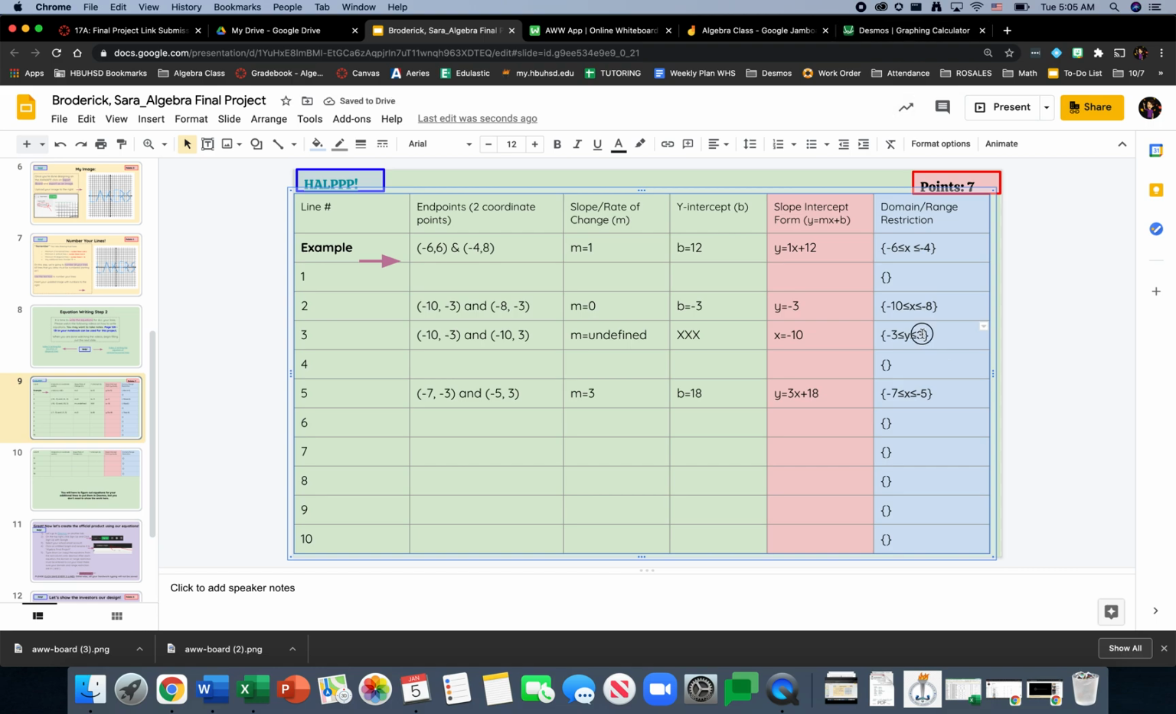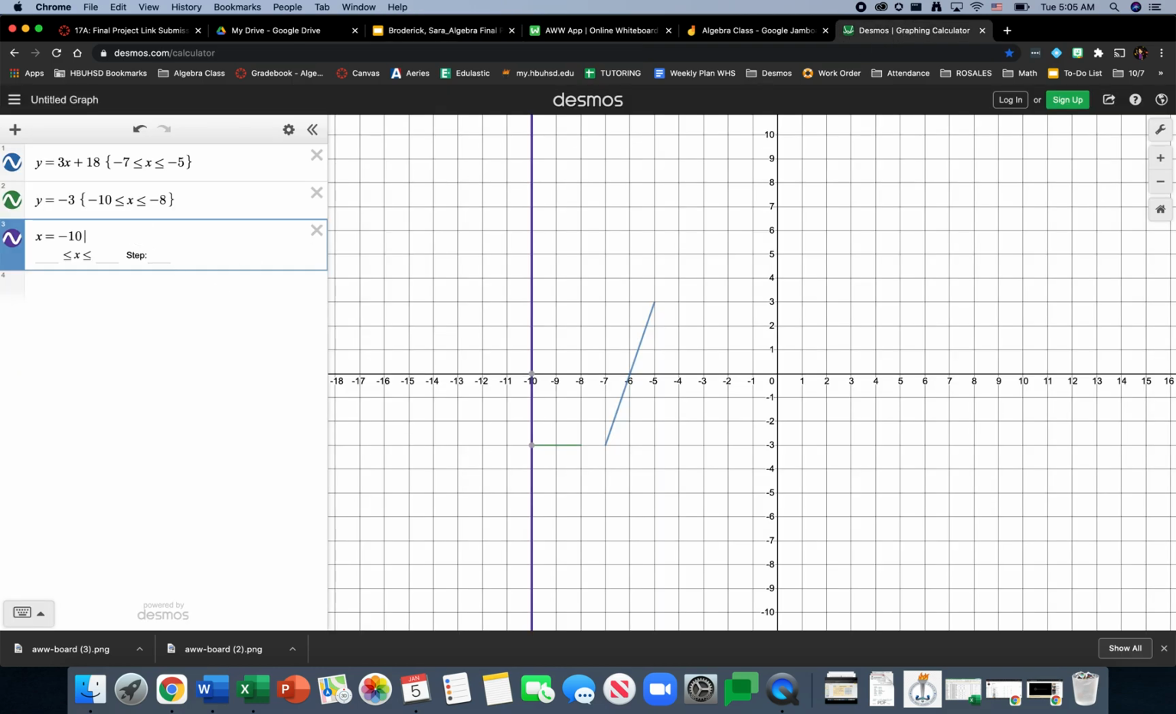Okay, and I'm going to do the same thing in Desmos. It's -3 is less than or equal to y is less than or equal to +3. And there is my L. Okay, now